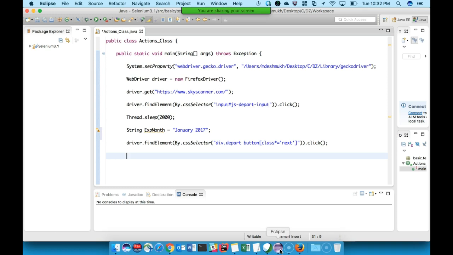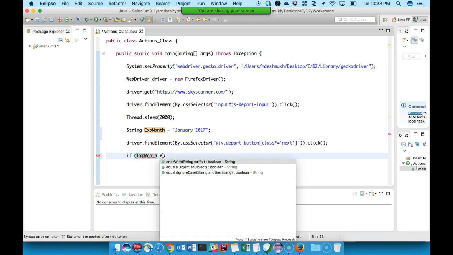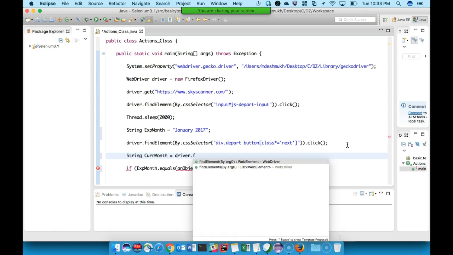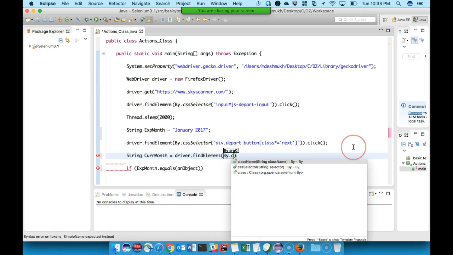All we want to do is find out whether the currently selected month is the expected month already. So if expected month dot equals currently selected month. Now the currently selected month, we can take into another variable also here: driver dot find element by CSS.